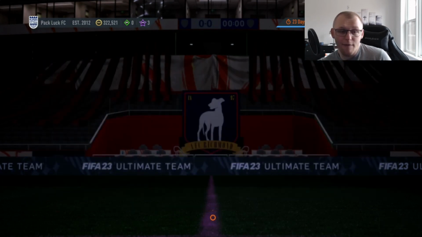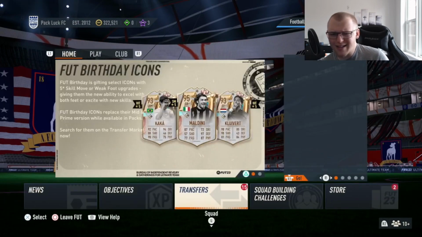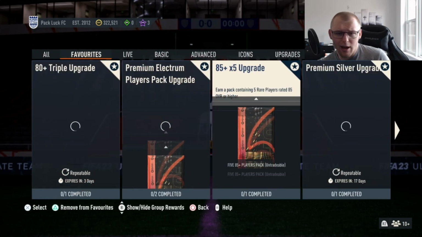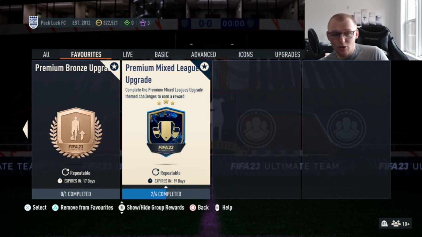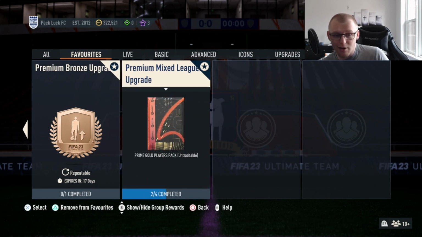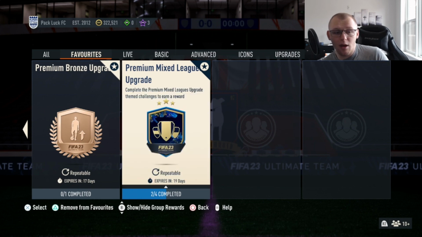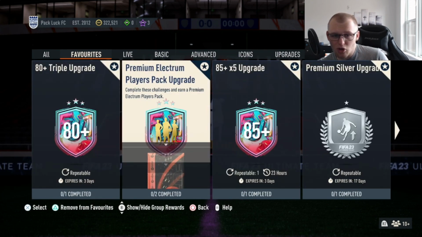But yeah, if you don't want to do that, my last kind of tip I would give you, it's a two-parter. One is League SBCs. We have a video on that if you want to learn about the League SBC grind. I personally love doing the premium mixed league upgrades. I try to do it for profit, but you don't necessarily need to if you don't want to. Then what I would say with these is any off-league gold commons and gold rares, you can go ahead and put into the repeatables, whether you want to chuck them in the 80 plus triple upgrade or the premium electrum,